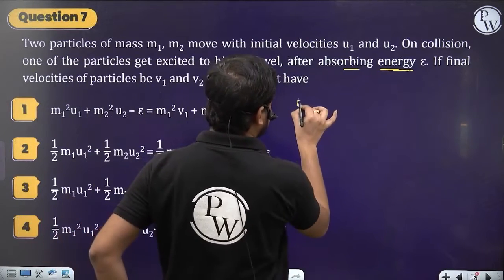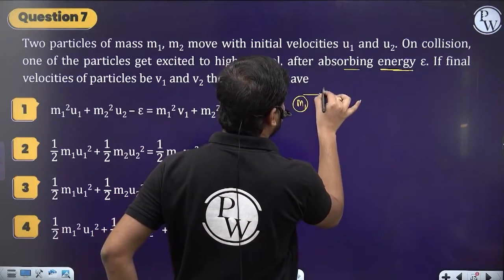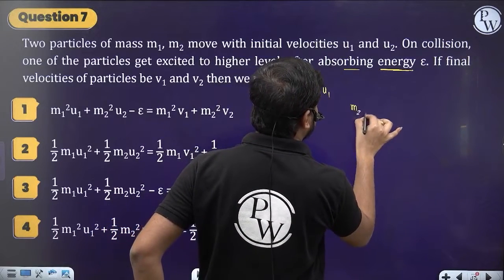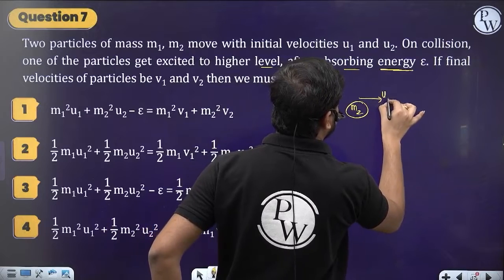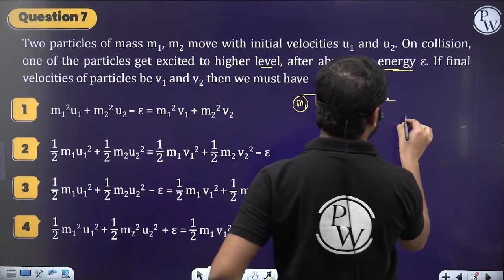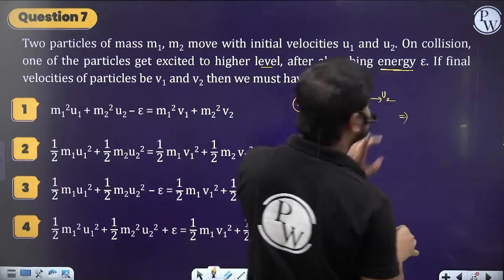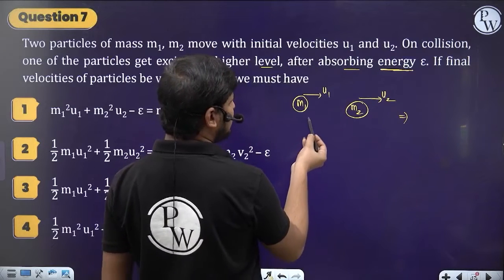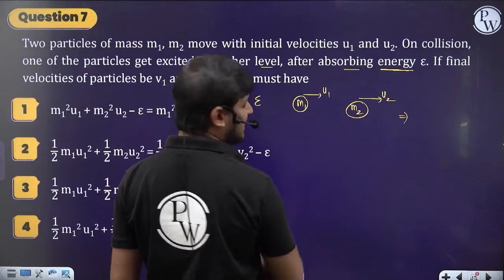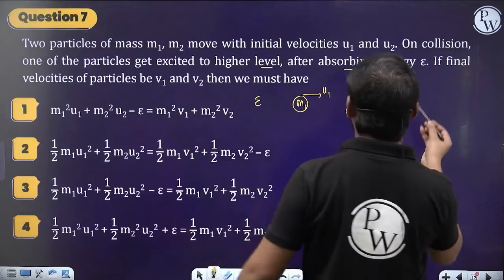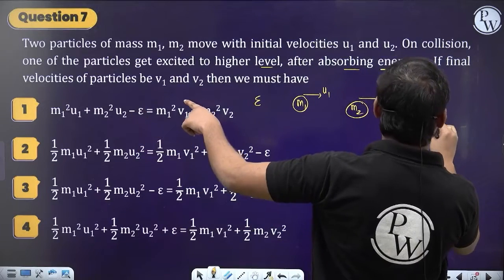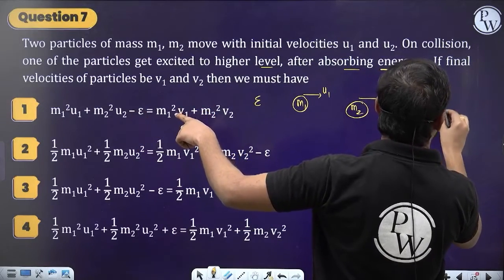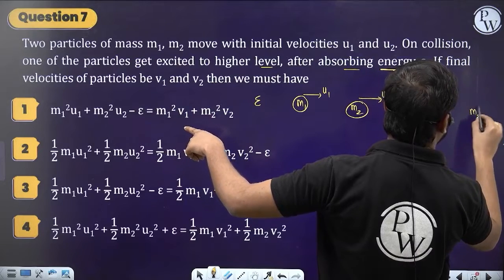Initially this is of mass m1 which is moving with u1 velocity. This is of mass m2 which is moving with some u2 velocity. Then after collision, one of them is absorbing some energy. How much energy is it absorbing? Some epsilon is the energy absorbed. Okay, so then final velocity, m1 is moving with velocity v1 and m2 is moving with some velocity